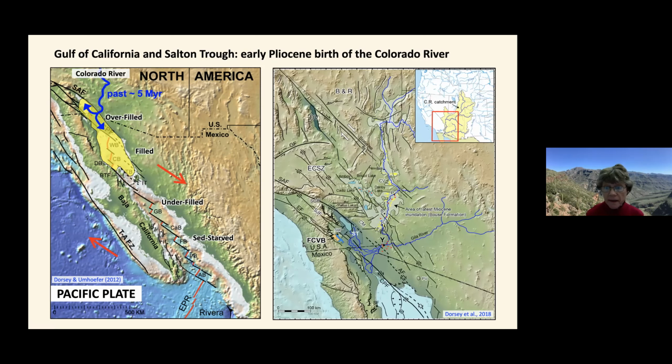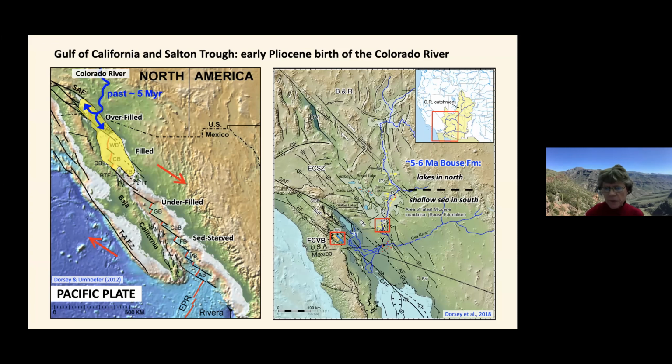So we can study that through field studies in the lower Colorado River corridor and the Western Salton Trough. And in the lower Colorado River area, the important unit is the 5 to 6 million year old Bouse Formation, which filled a chain of lakes in the north and accumulated in a shallow sea in the south. And we've focused our study in the southern Blythe Basin at the southernmost exposures of the Bouse Formation,